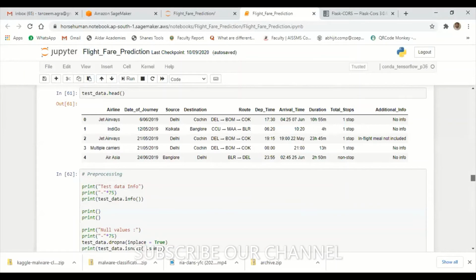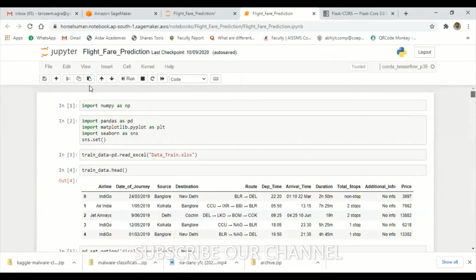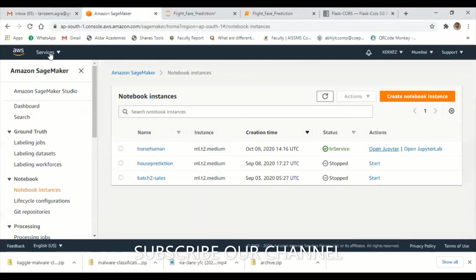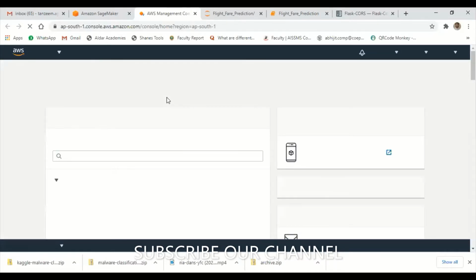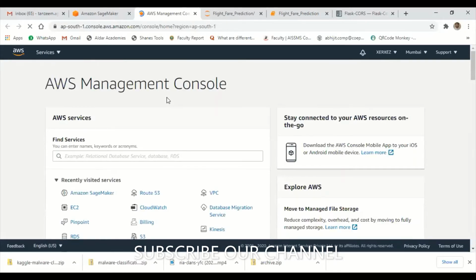Already I'm in the AWS machine. Let me have one simple server. This will take time, you know that. Sorry, I forgot to activate the machine. Let me activate the machine first. EC2.